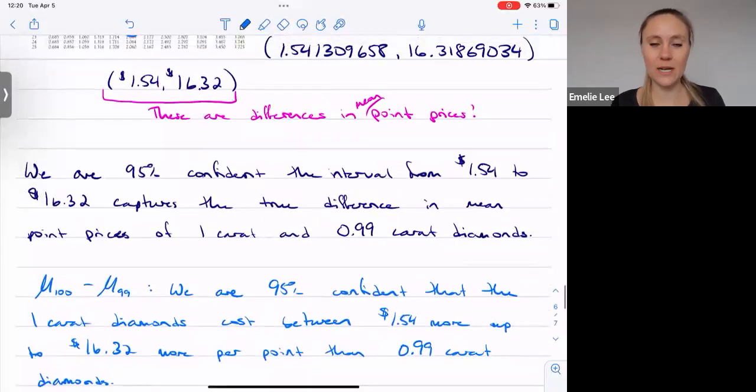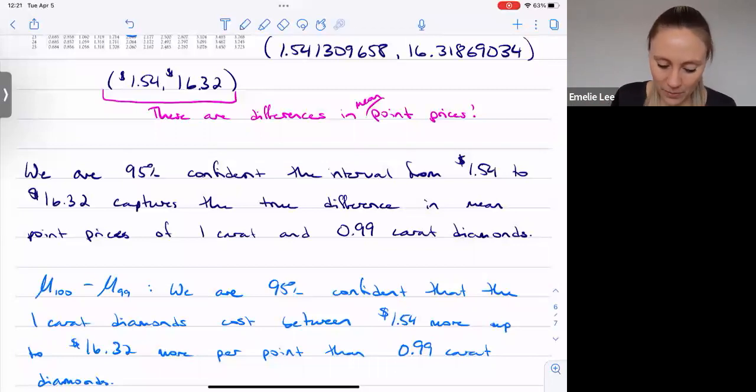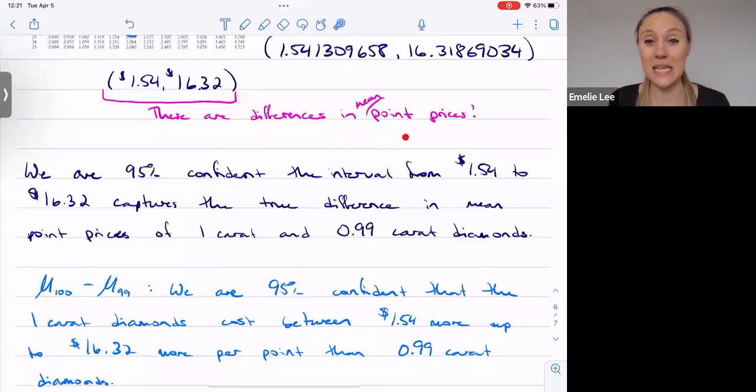In general, a 1 carat diamond has 100 points, right? So now we're talking about a difference of $154 or $1,632. So that's our range, but I wouldn't expect you to go that far. Okay, and so just remember that you're talking about the difference in the means as opposed to the mean of the differences. And I'm all out of time,